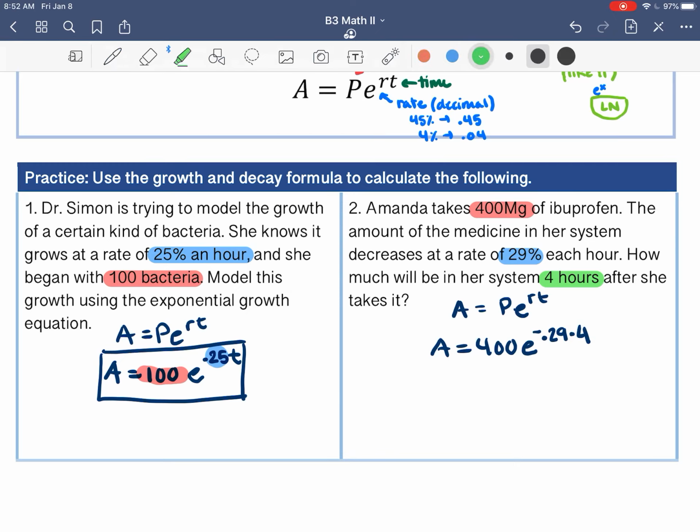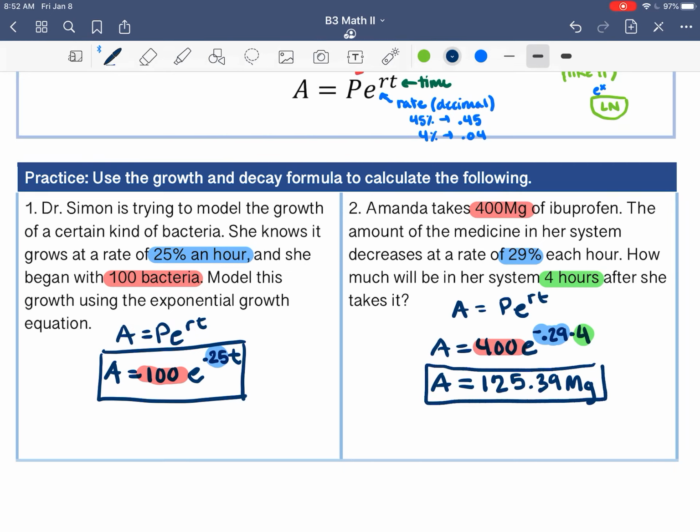And then lastly, we have 4 as the amount of hours. This is something you can plug into a calculator and get the answer for it. I think I have it written down. So plug it into a calculator. Again, maybe pause me so that you have time to plug it in. If you plug it in correctly, you should get 125.39 milligrams,